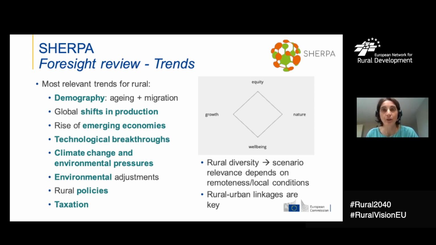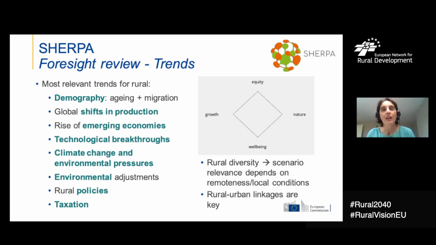They've been also interacting with multi-actor platforms on the ground, and these first discussions, I don't have time to tell you about this, but again, demography, climate, and digitalization come very prominently together with the need to center the vision around social inequalities and solving that